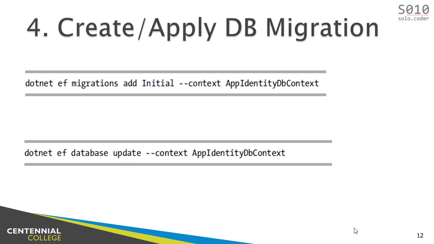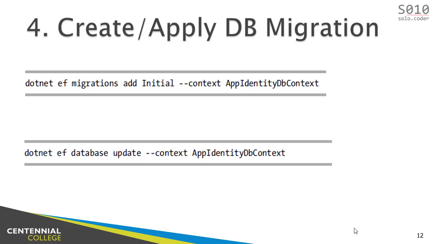So now, if you try to run just this, it will say, but I have two contexts. Which one do you want to create the migrations for? Which one do you want to create the database, update the database here? So you have to specify the context, okay, on both of them. One to create the migration scripts, the other one to run the migration scripts so it can create the database and create the tables that are required for the identity framework to be able to store information, okay?